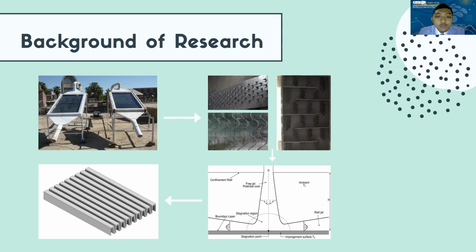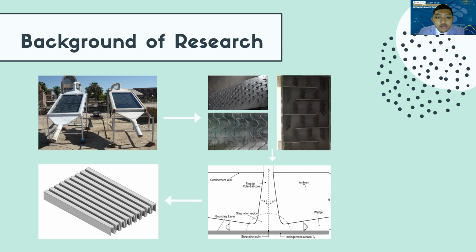Then there is another way to improve the performance of solar air heater apart from adding and modifying the absorber plate material, namely by providing holes or gaps, and the name is jet impingement. Jet impingement or jet impinging flow is a heat transfer method in which the fluid is emitted through holes or nozzles to a surface or plate that has a temperature difference. And impinging here means collisions, which is a collision between the coolant and the surface of a target at high flow rates.